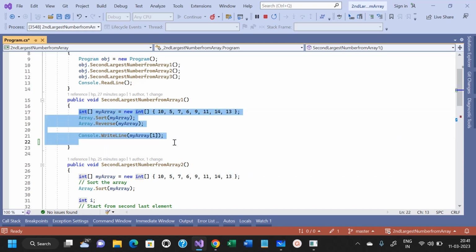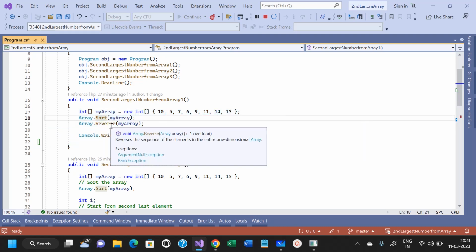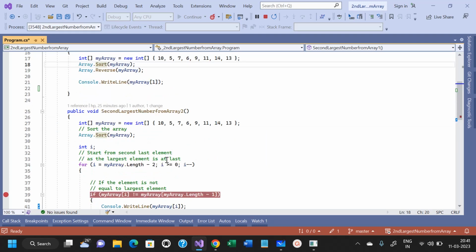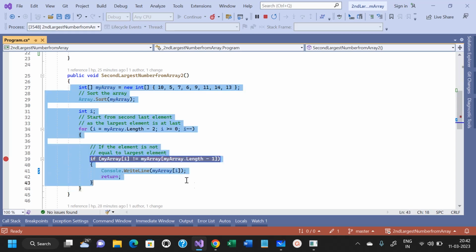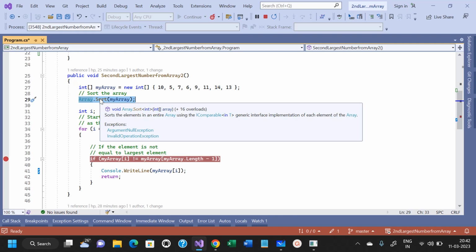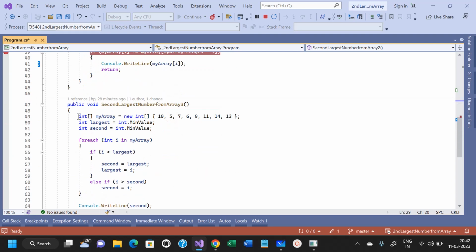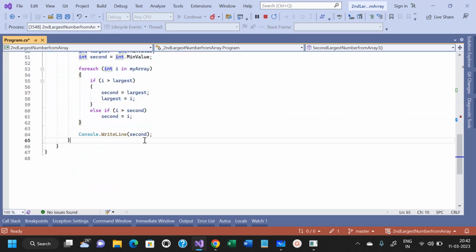And then if the interviewer says please do not use the predefined reverse and sort, then you can use this method. You can remove the reverse function and write your custom logic, using sort. If the interviewer says, "Hey, you don't need to use the predefined sort, you don't need to use reverse," then we can go with this third method. In the third method, what I'm doing,